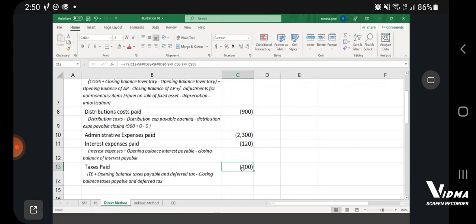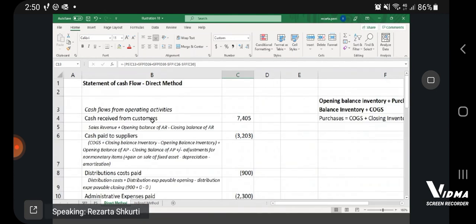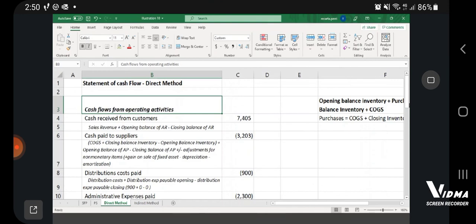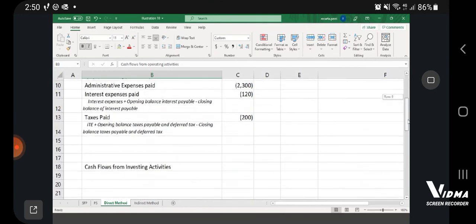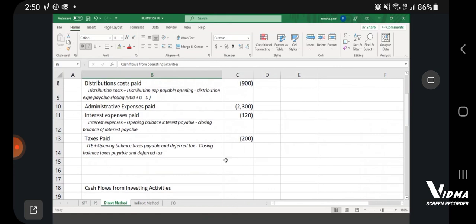Like, for example, calculating the payments to suppliers, we based our calculations on inventory and trade payables, and taxes also have two items, taxes payable and deferred taxes, which are actually long-term liabilities. Do we have anything to take into consideration on the cash flows from operating activities? That is like the first section that we are completing in the cash flow statement. Okay,